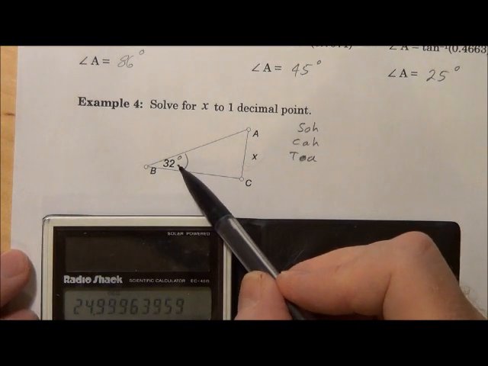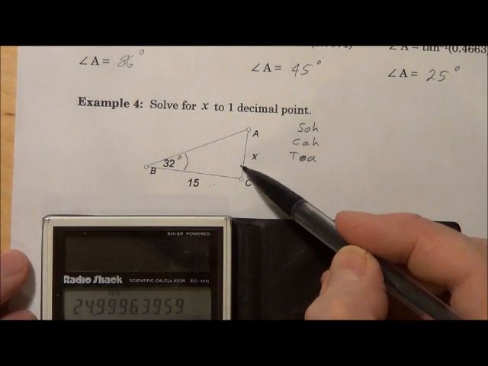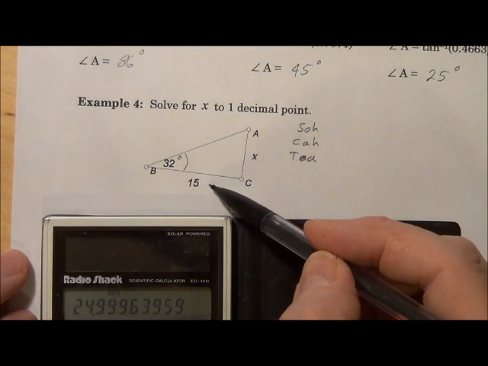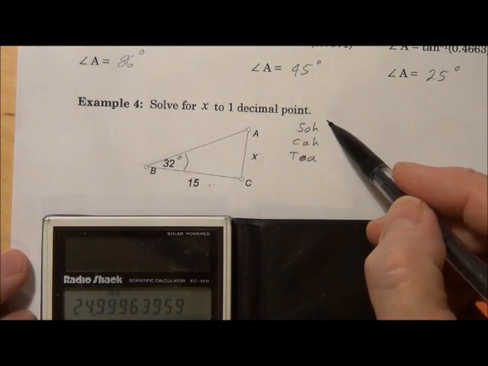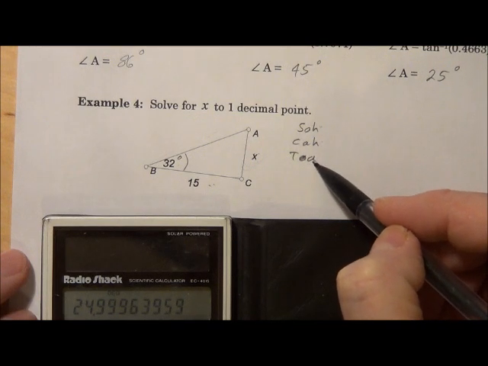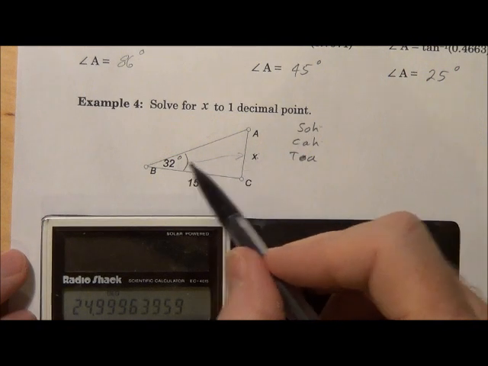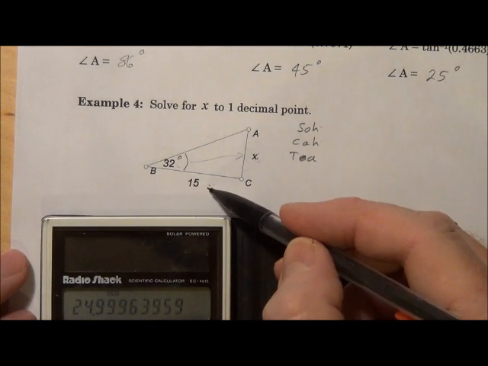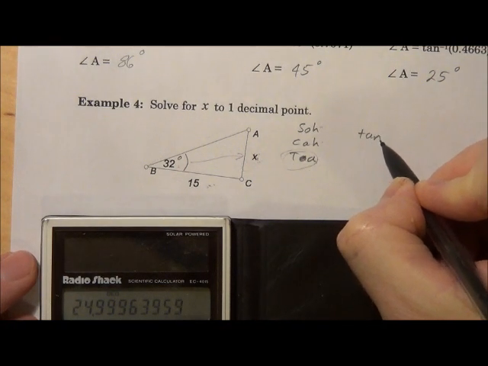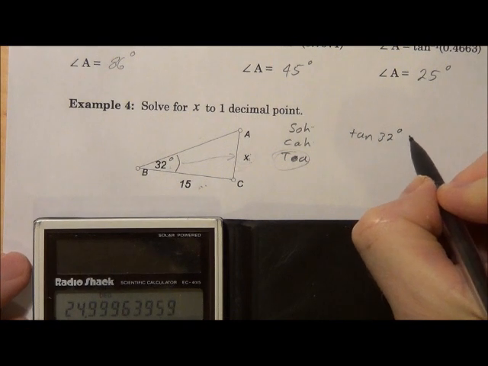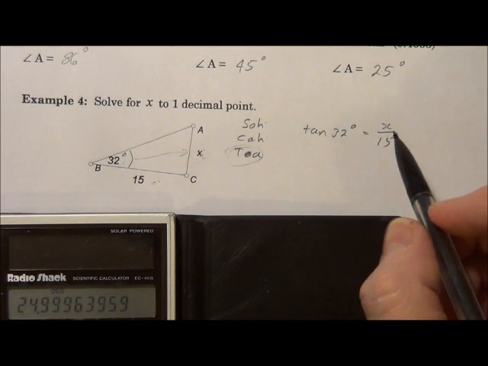By looking at the reference angle, you want to see what two sides are involved. We need the value of x, we have the value of 15, so we know we don't need the hypotenuse, so we don't need to use sine or cosine. We see that the side opposite the reference angle is x, and the adjacent side is given to us, so we're going to be using tangent in this case. So we'll say the tangent of 32 degrees is the opposite over the adjacent,